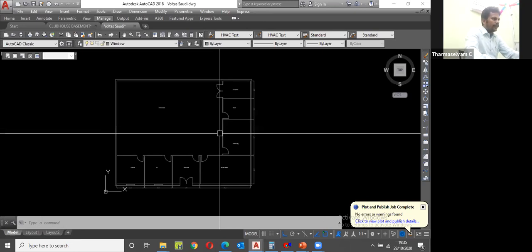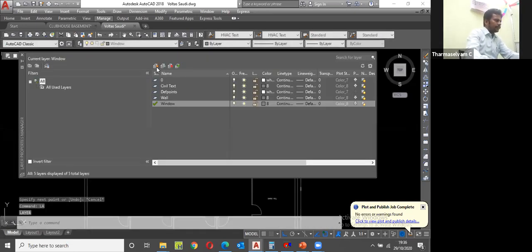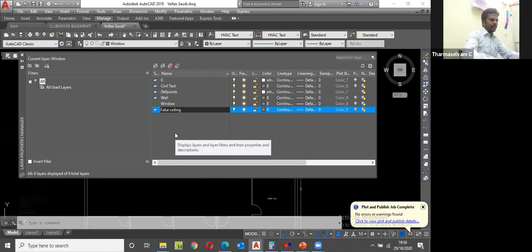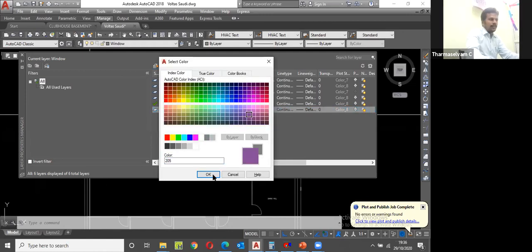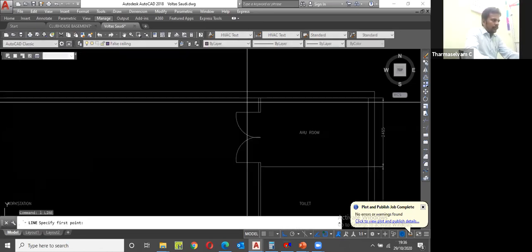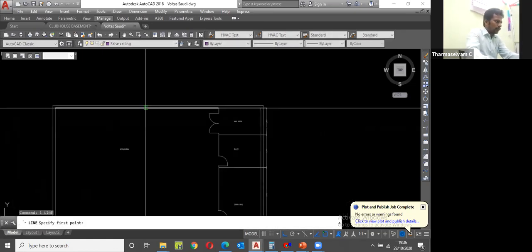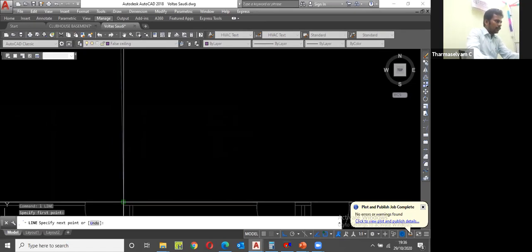Okay, now I am going to divide this room. This is the workstation false ceiling layer, or RCP. Maybe you can put a different color here. Maybe this one also a dull color only. The drawing is not visible. This line. Okay, center. This is the center of the room.